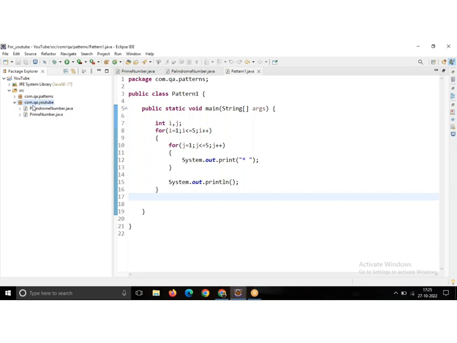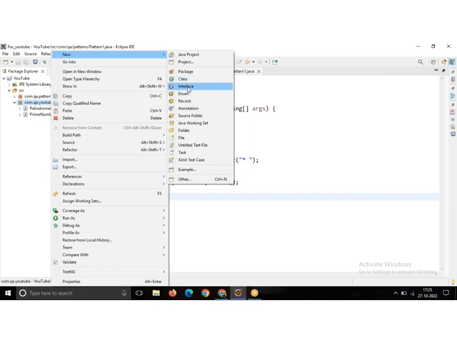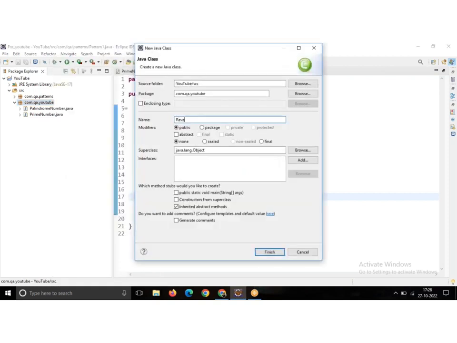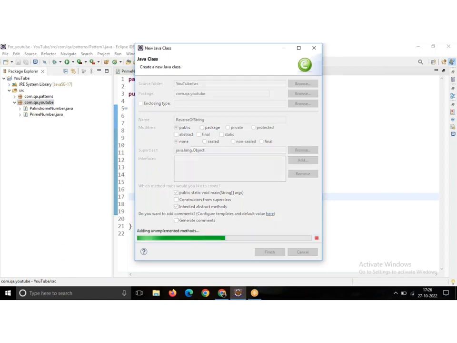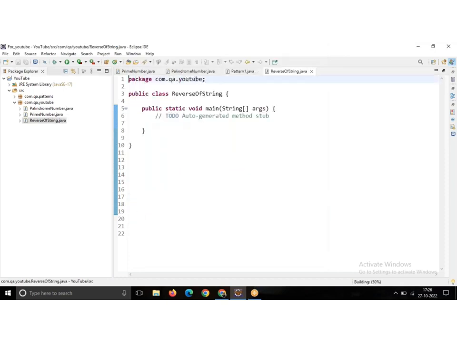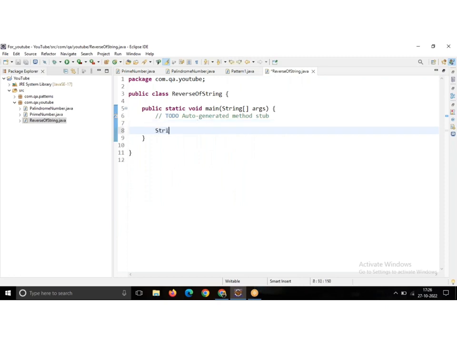So for that, here I am creating the class. Okay, this is the class environment.